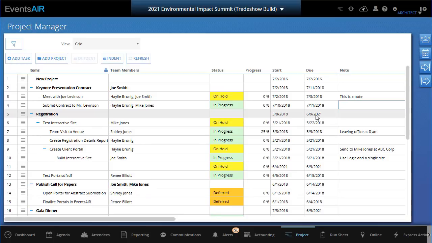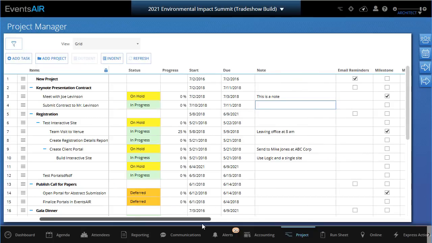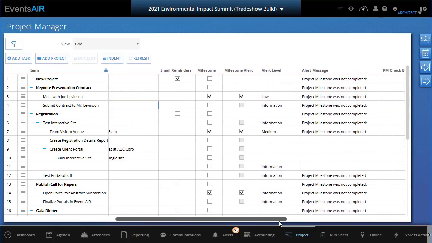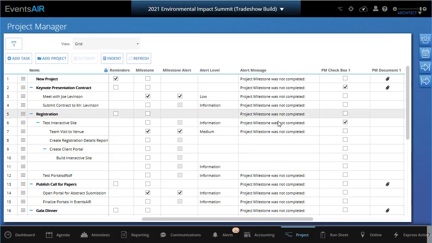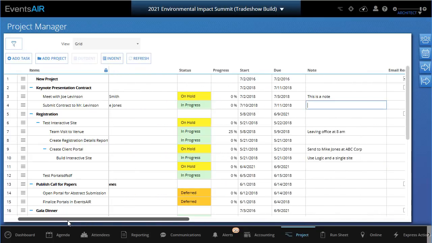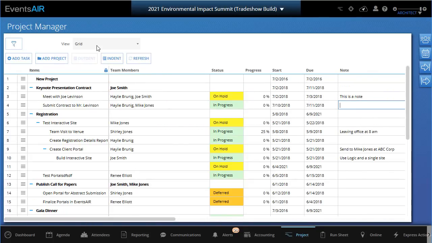You can add notes all in line, so you don't have to jump back and forth to the actual panel. You can go here and edit things in line. Your reminders and your milestones and alert messages all can be edited in line. And then also quite nice is the fact that any custom items, custom fields that have been added to the project manager will also show in this grid, and you can also edit those in line. Very nice functionality, but it doesn't end there, folks,